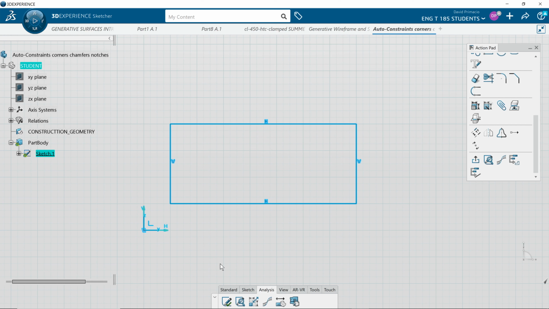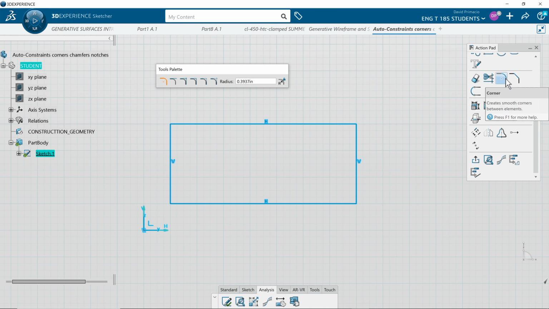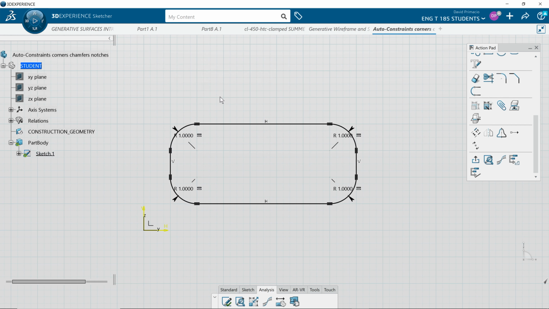I want to try and repeat that error message. With that profile highlighted, I'm going to go to corner and we'll go with the 1-inch radius. Okay, this time it didn't lock up, but it's still a terrible technique because when I auto constrain this,